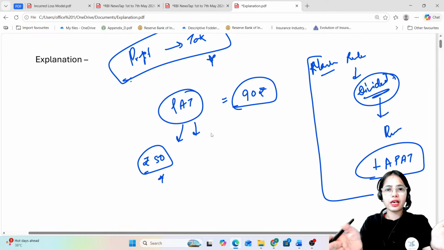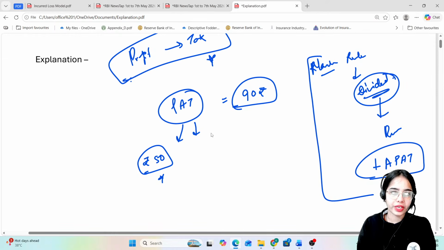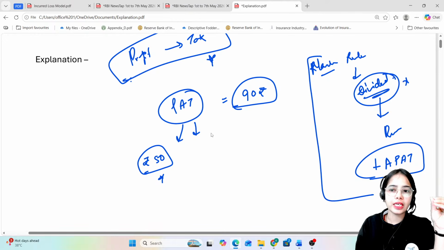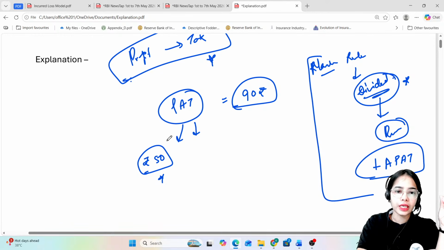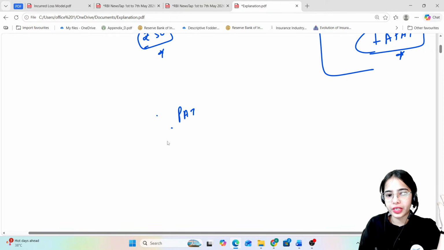Here we are just taking a very generic understanding so that things are not very complicated. Otherwise, we have already discussed in a previous session that the dividend is announced by the banks on the basis of the adjusted profit after tax, okay? Now, what we were discussing was that the profit after tax is the net profit.